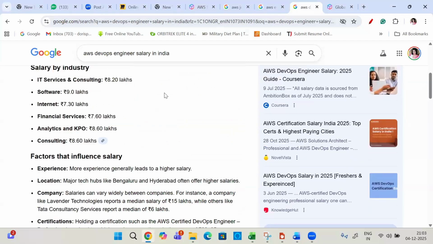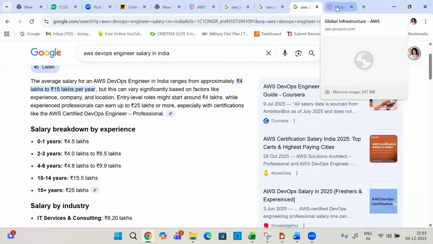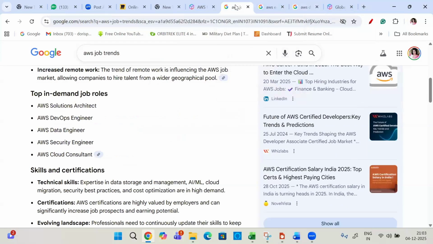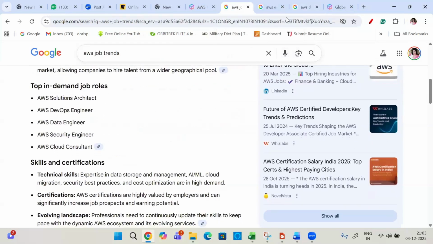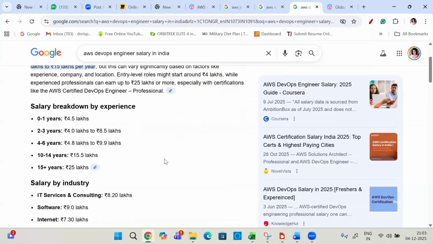That's how demanding this role and this market in the industry is. This is what I mentioned right now regarding the jobs: the different job roles which are needed, and the different salaries for a fresher and for an experienced candidate.